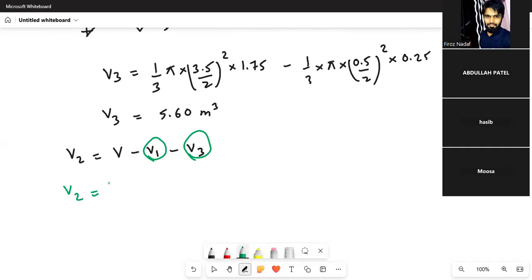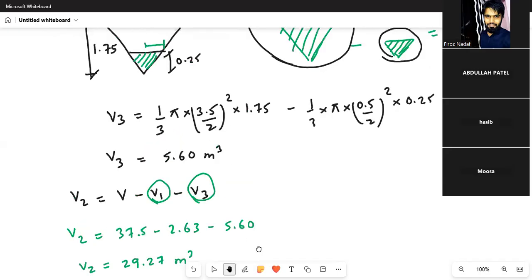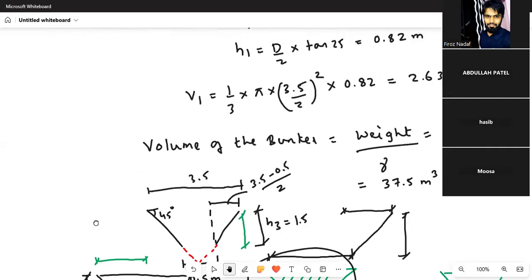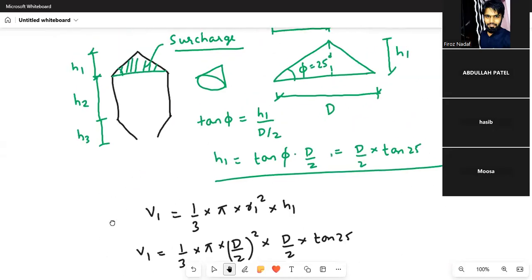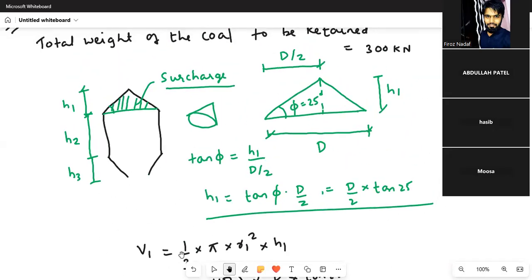V2 equal to capital V we have calculated. Capital V is 37.5, minus V1 which is 2.63, minus V3 which is 5.60. So V2 will be equal to 29.27 meter cube. Okay, so once you know V2, see what we are doing, we are fixing the dimension of the bunker, and simultaneously,